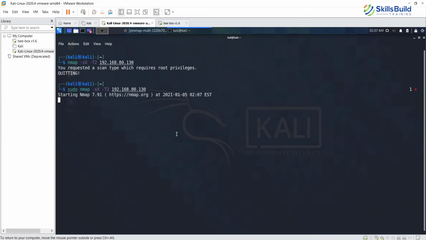So this is T2, the polite scan. We are running that, and once this command is done, we'll do an aggressive Christmas tree scan, which should be with the -T4 parameter.